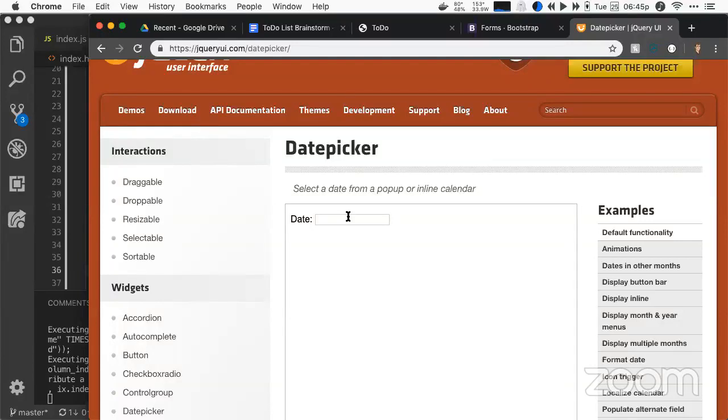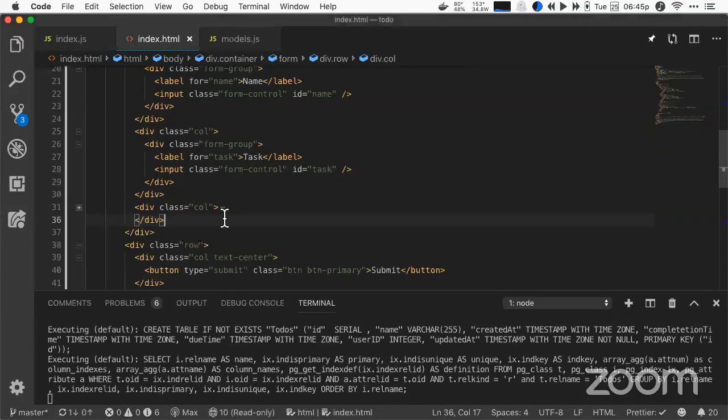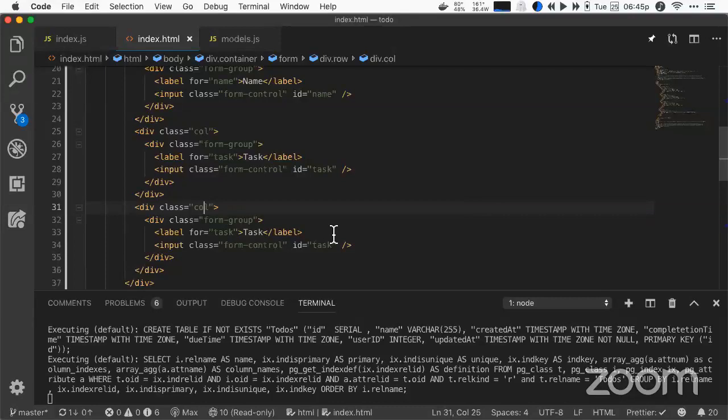So the issue is you go in and what you initially might do is you go, okay, I want to put in my, let's say, due date. It's important to specify what kind of date you want to put in here. And I'll call it due date and I'll do my ID of due date. And then